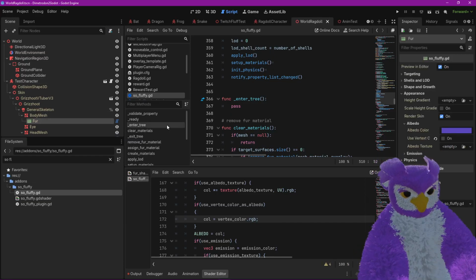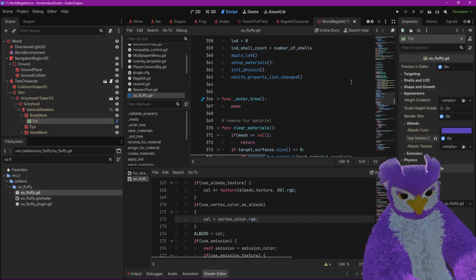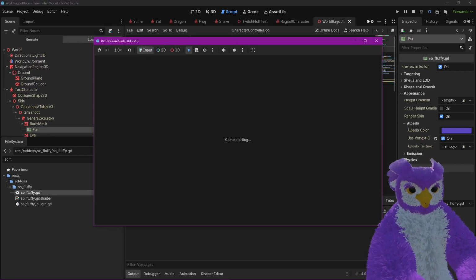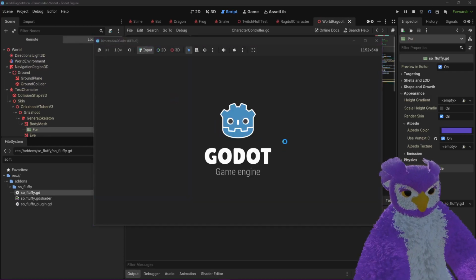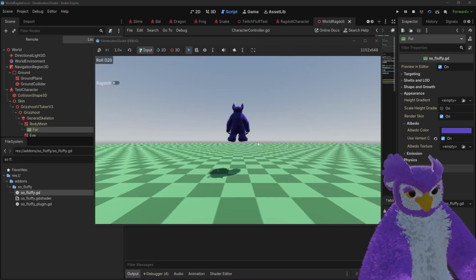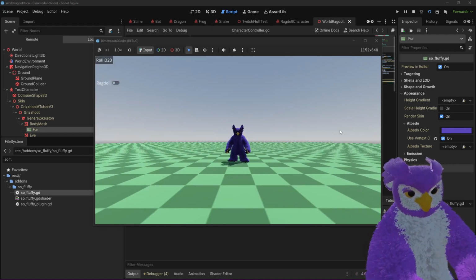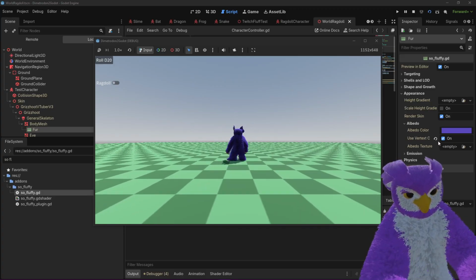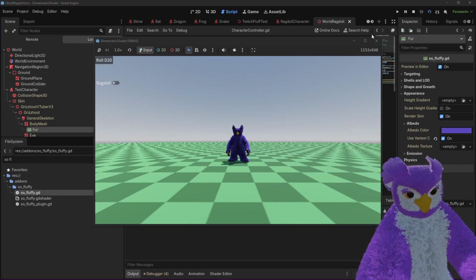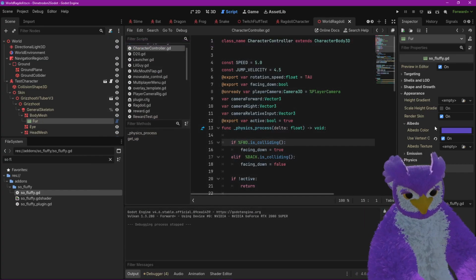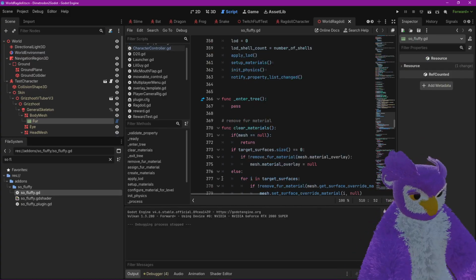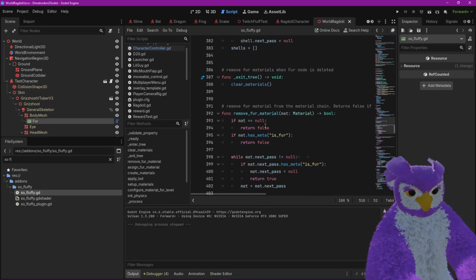So now I check this on. I think it will be entirely white if I run this, because I didn't set up any vertex colors. Okay, no. Oh, I'm never actually setting use vertex color here. Okay. So